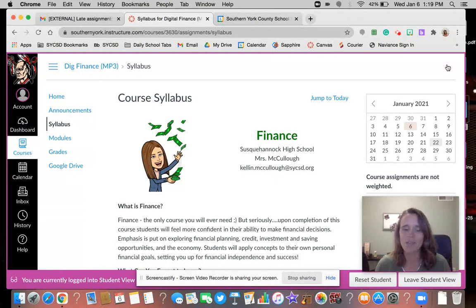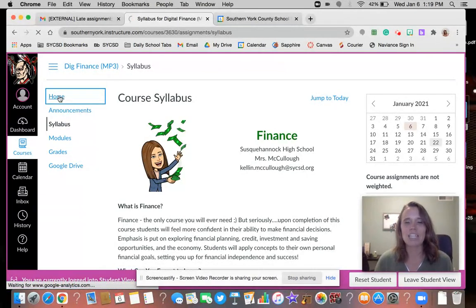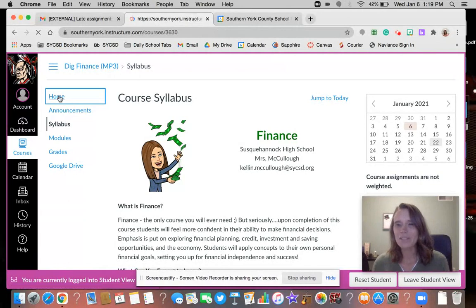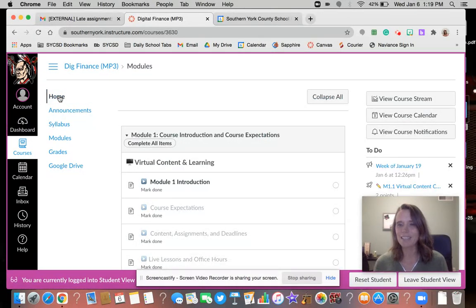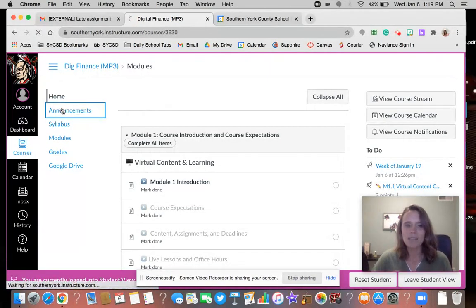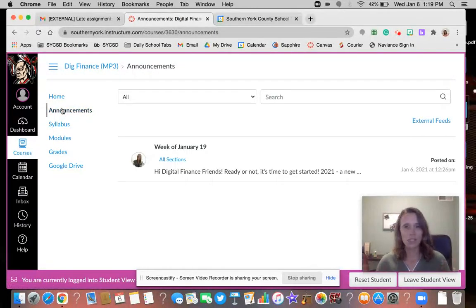show you the system. When you log into Canvas, you will be taken to the home page. The home page is our modules. Modules are weekly releases of content, and it's all done in a very linear approach. Then we have announcements. Announcements are where I put good of the order announcements, a weekly to-do list for you. Maybe a link isn't working, or maybe I'm going to clarify something for the whole class. I will post it here.